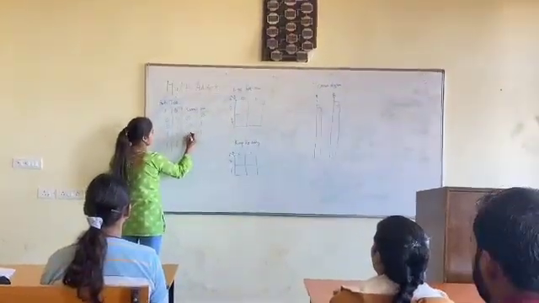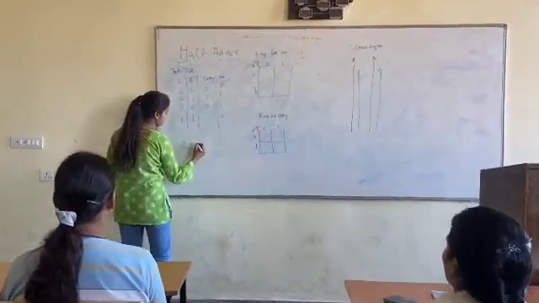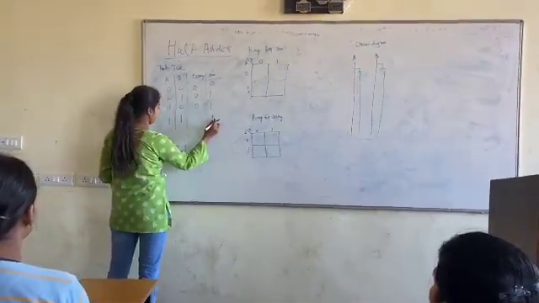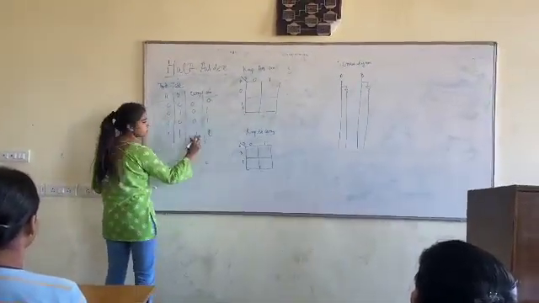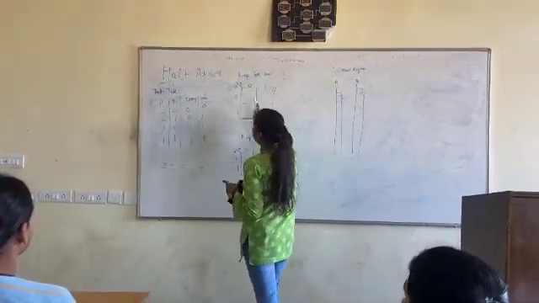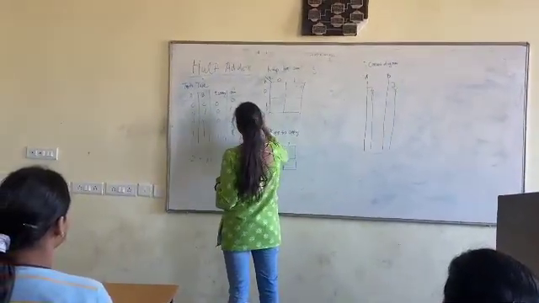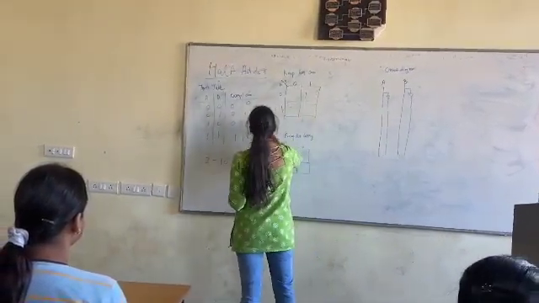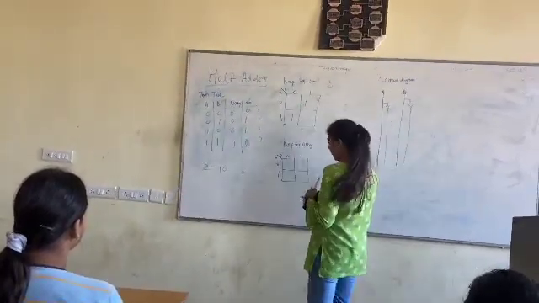Sum is 1, carry is 0. 1 plus 1 is 2, and in binary we write 2 as 1 0. Right? So sum is 1. No, sum is 0 and carry is 1. Okay. Now we have to do K-map for the sum. So in the position of one position we have to write 1 and second position we have to write 1, and since we cannot do any grouping here, so we have to